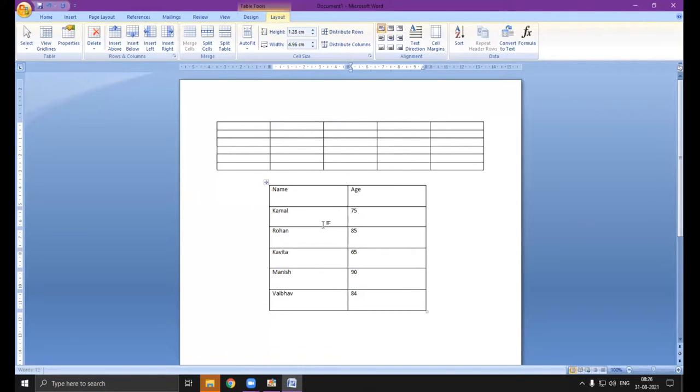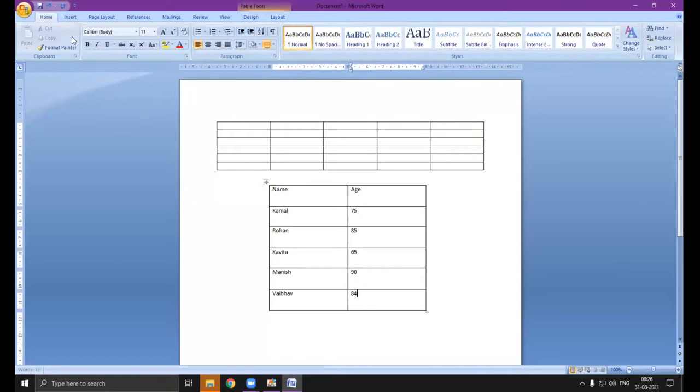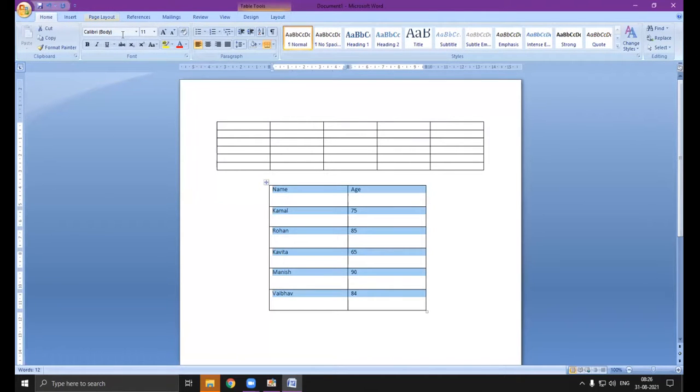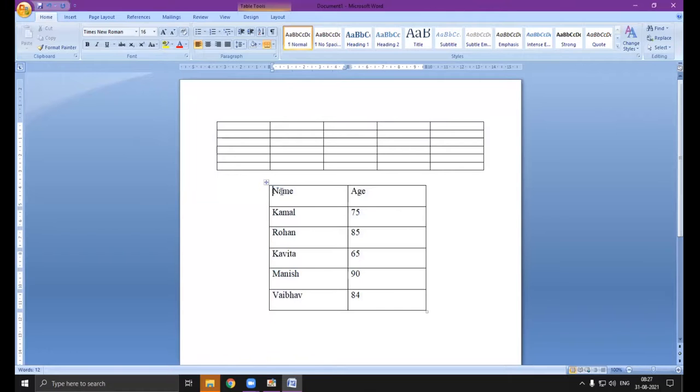What if I need to change its font? So I will click on Home, I will select it all, then I change its font style. I can change the size here to 16, as you can see on your screen, and if I want to bold it, then I will click on it and here it will be bold. Okay, so here you can see that a table has been inserted and we have also created its cell values. So I hope you have understood this in a very decent manner.